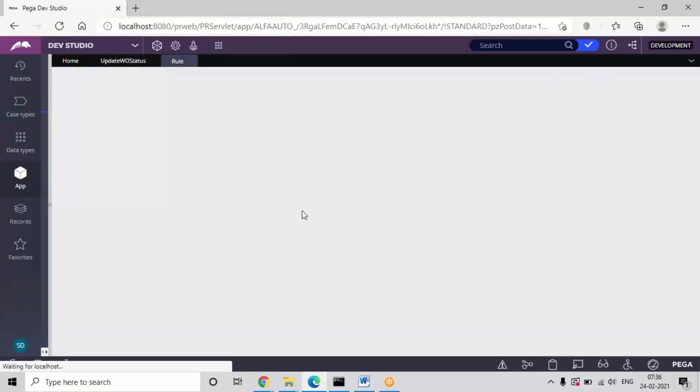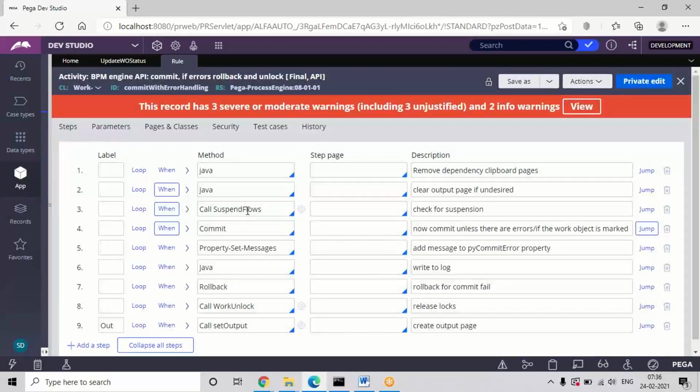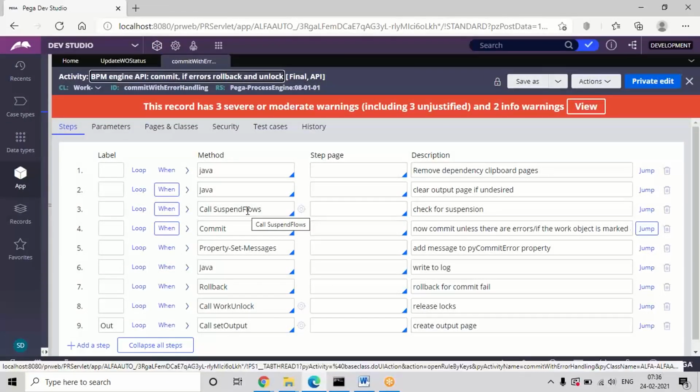If you open this commit with error handling, in the previous class I told you we have commit, rollback, different things. All the actions are in one API only. We don't use commit and rollback separately. The commit API will do different things. It will commit the data, if any errors are there it will erase them, and finally after the commit it is going to unlock that record.